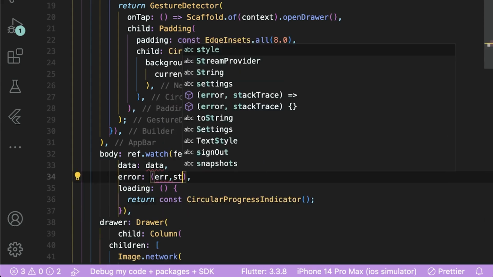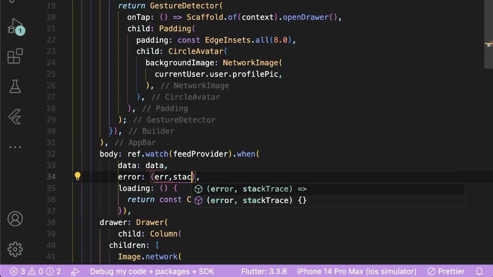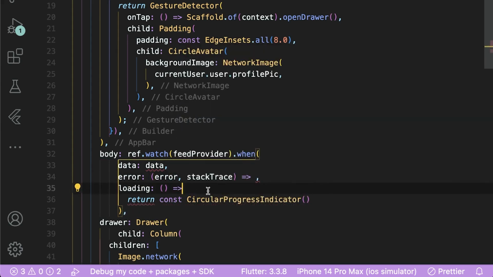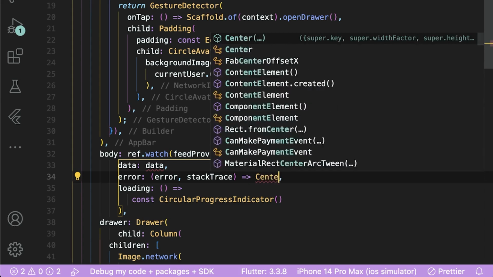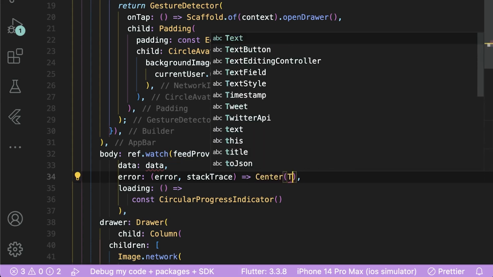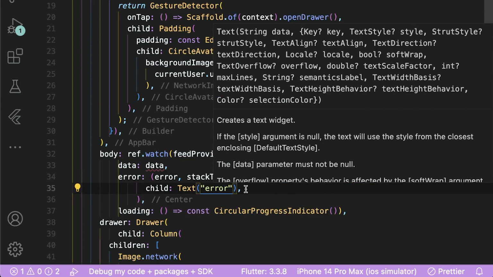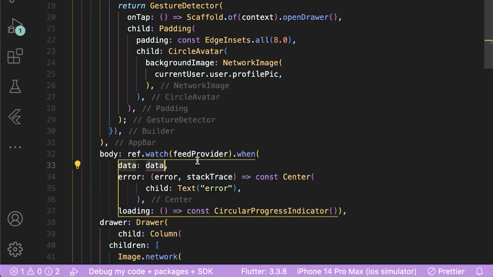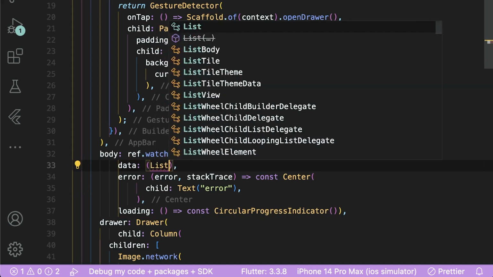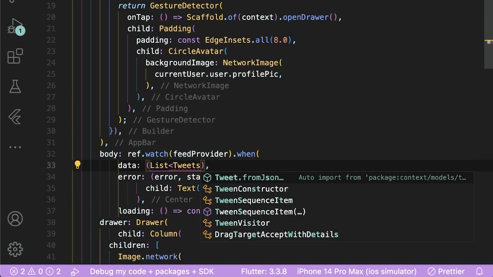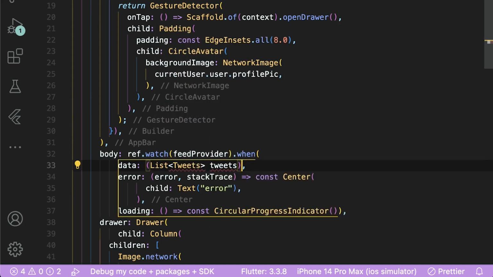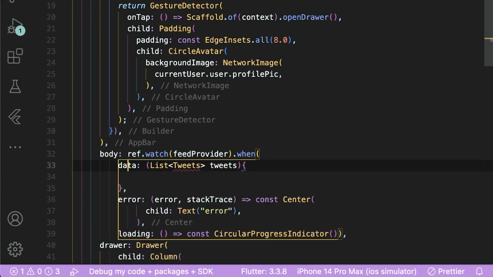If there's an error, we're just going to return some text, a center with some text that says error. And then the main one is our data. So this gives us a list of tweets. I'll call it tweets. And then within here,